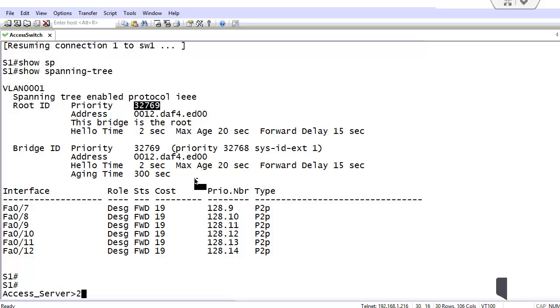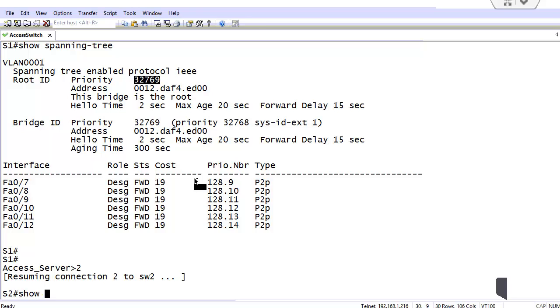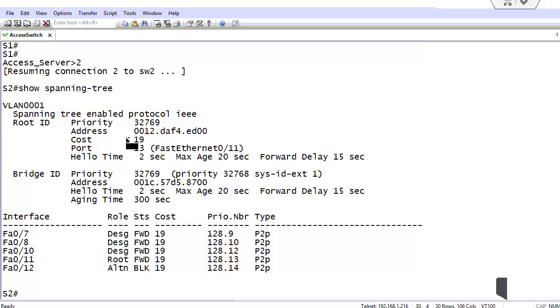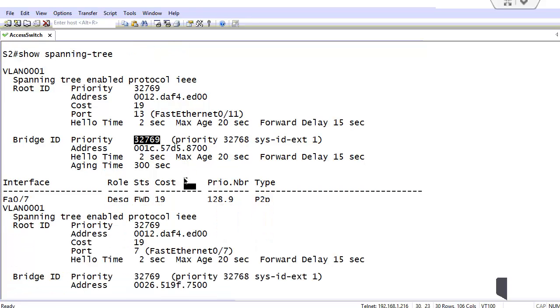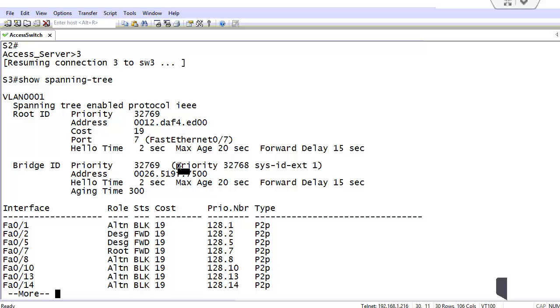If I go to switch 2, for example, and repeat the command with the up arrow, you can see that all of them have the same, because I did not configure anything. So if you had left them at default, they're going to have a default priority of 32768. So that wasn't a tiebreaker. So the next